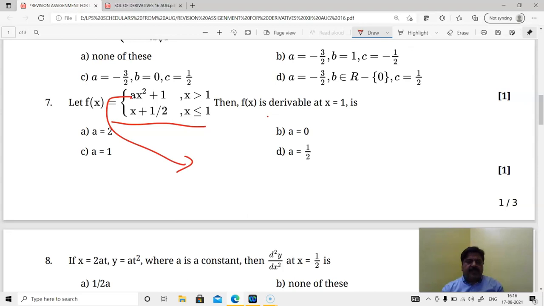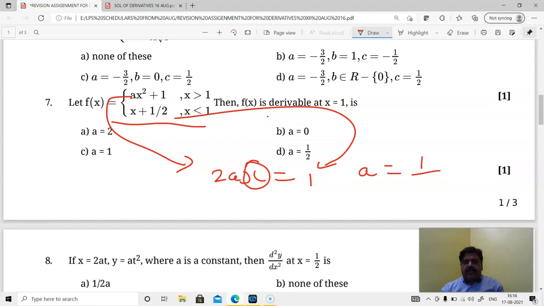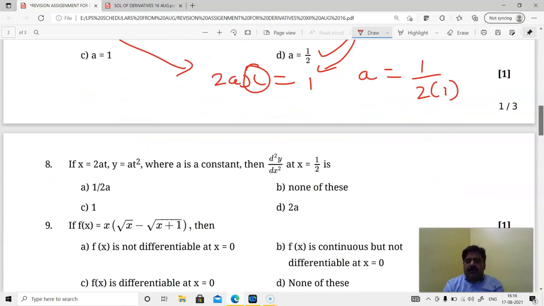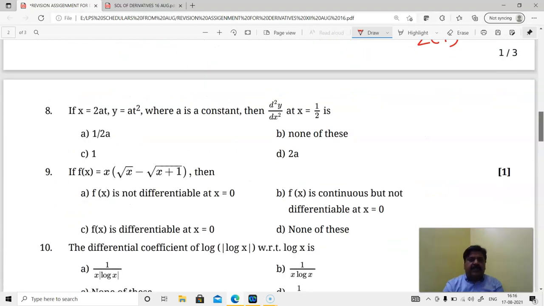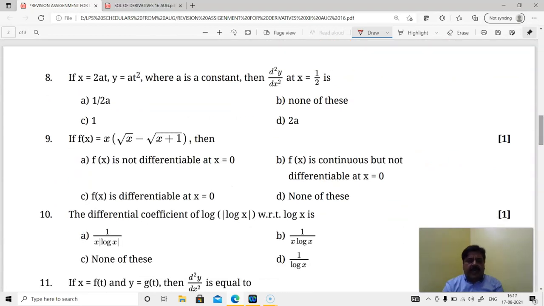And if I differentiate this, I'll get 2ax, and if I differentiate this, I'll get 1, and at x equal to 1, this a is 1 upon 2x, but x is 1, so without long calculations we have reached this target. So this is an important one. You need to play tricks, you have to be thorough with your concepts, then only you can hit the iron.